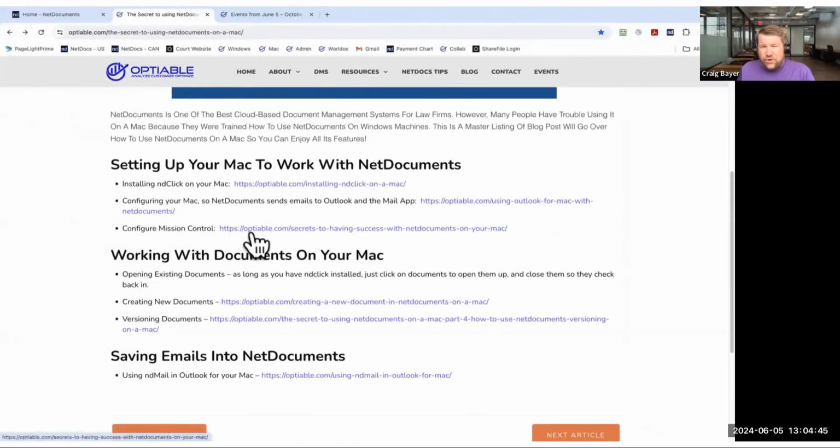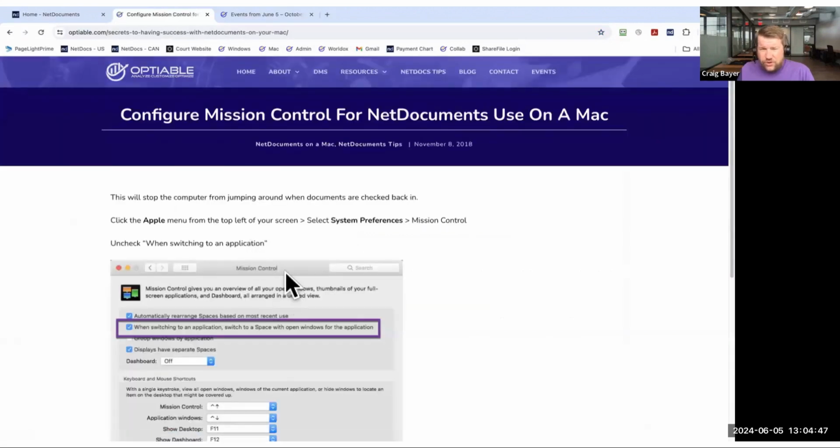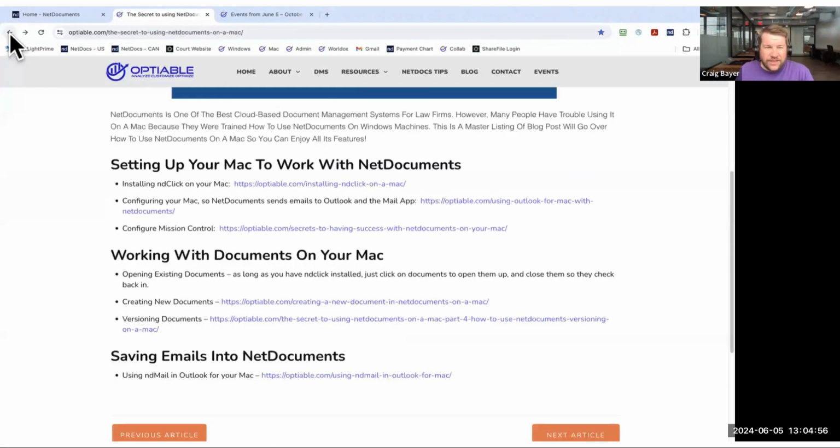Configure mission control. The only thing I do here with mission control is prevent it from switching. When something opens or closes in NetDocs, I don't want it to keep switching windows. So that's the only thing there. And then we go over, and we're going to do this in the training today,